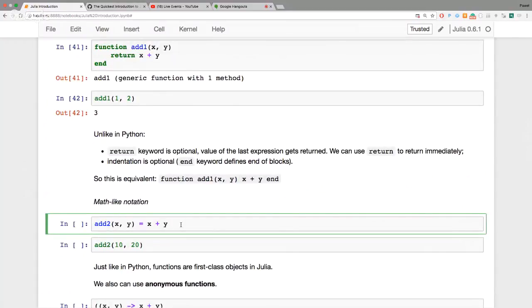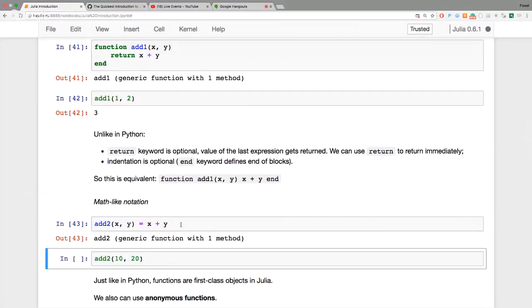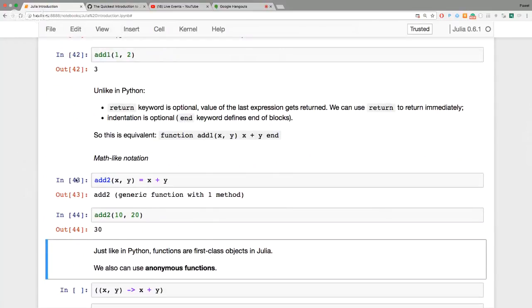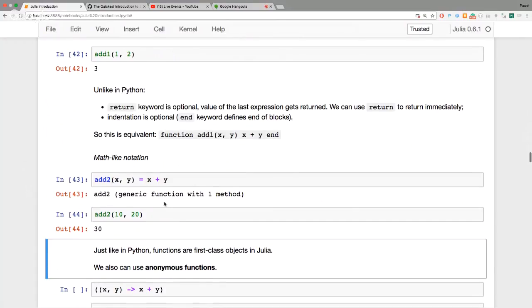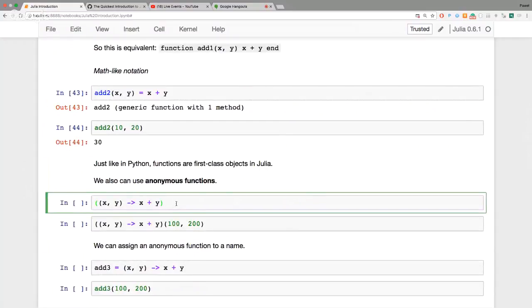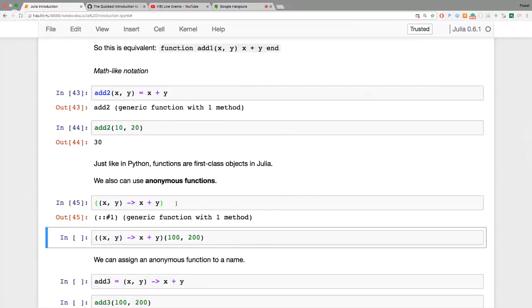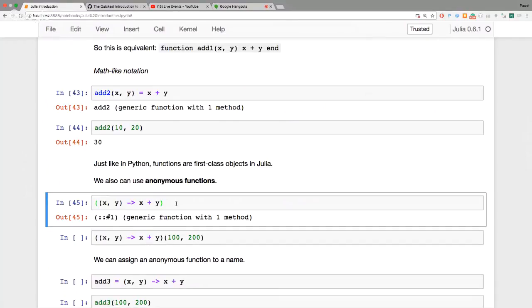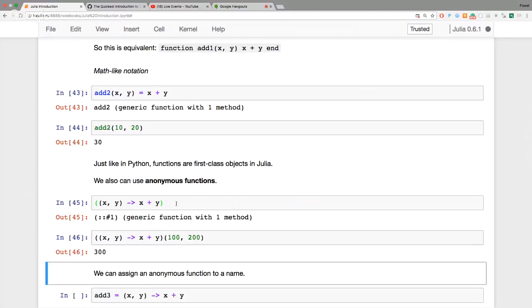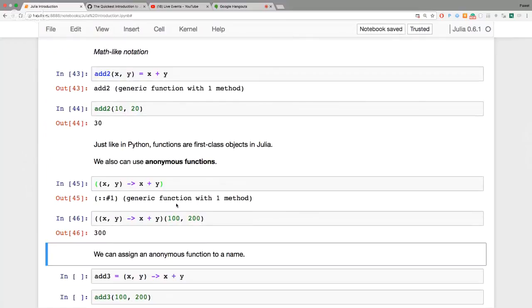We can define functions like this. For simple arithmetic functions, it's really great, and it works just like that. We're defining function name, parameters, equals, and then the body of the function. And we can also use anonymous functions. So this is an anonymous function with 2 parameters, and the return value is adding them together. We can use an anonymous function inline, but we can also assign it to a name,